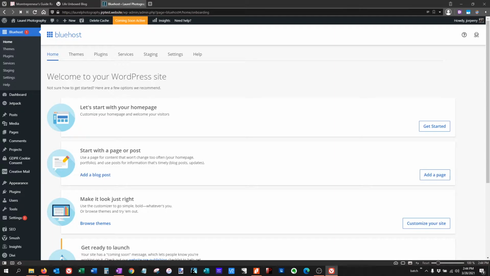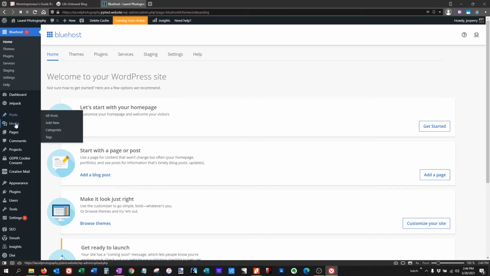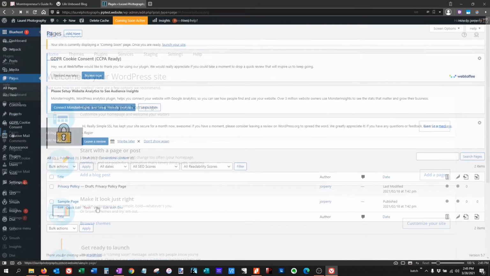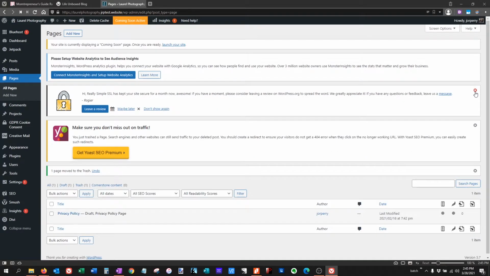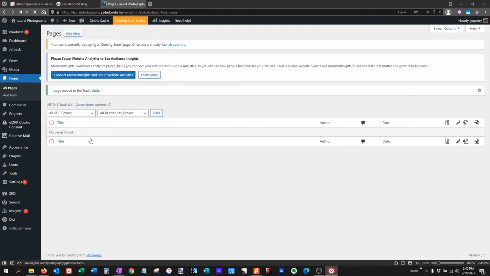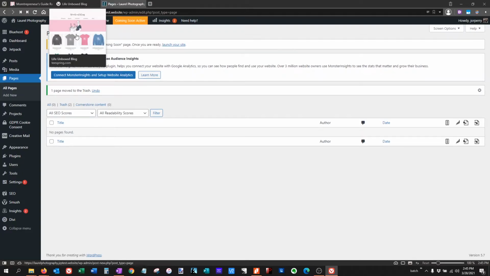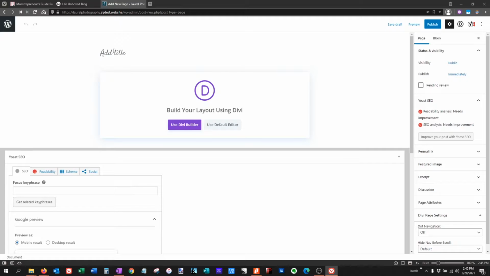If we want to change the names later, we can, or we can change the page altogether. That is also an option. So let's come to pages. We're going to just trash these. We're going to close out all of these notifications up here because we're not setting anything up. And we'll trash the privacy policy as well. Or if you need a privacy policy, keep it. So let's go to add new. We're just going to type in home